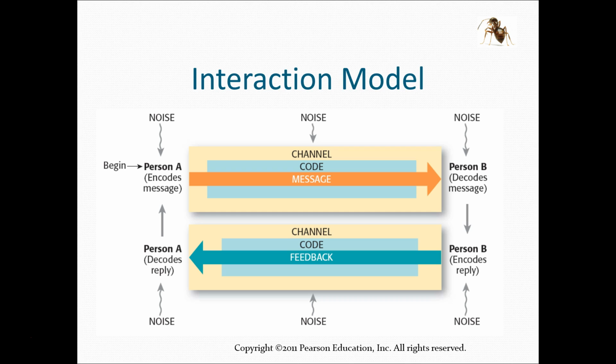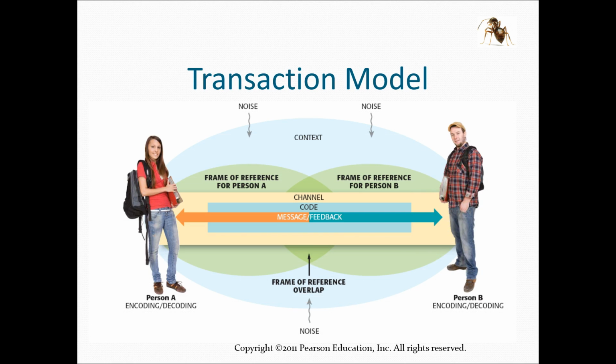You see this a little bit, like I said, in email messages and things like that, but generally most conversations are more in the next realm, which is the transactional model. This is where you have person A and person B having a conversation. We have noise all around us. We have context. We have constant message and feedback. As I said, I make a statement. You boil up. I can see your face turn red. I obviously made you mad. That's immediate feedback. I can adjust my message accordingly, so I'm able to adjust. That's the transactional.